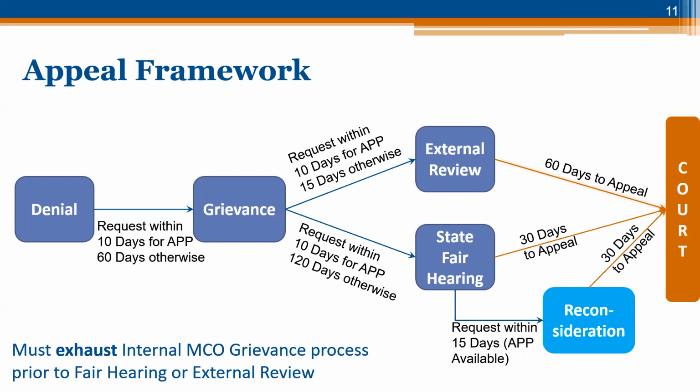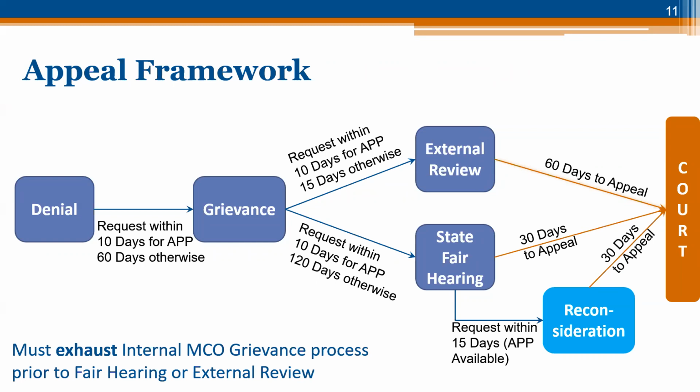So before we get into that, I'm going to give you the appeal framework. Now, this is not your typical eligibility framework where you have a denial, a fair hearing, then you can do reconsideration or not, and then you can go to court. There are multiple steps and there is an exhaustion requirement. And then there's a point where you can make a choice and pursue one of two avenues of appeal or both. So it starts with a denial,